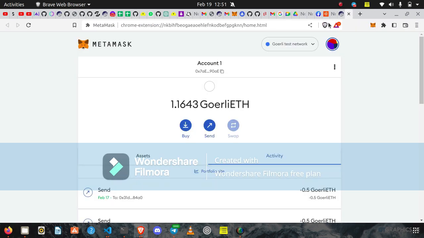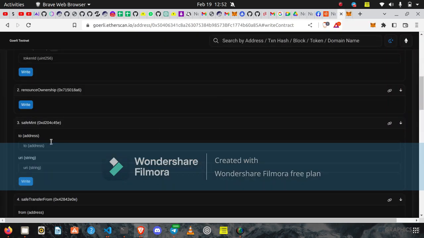Your MetaMask account address, copy it and paste it on your Etherscan here. Paste it on your Etherscan. Then this URI string here is IPFS colon